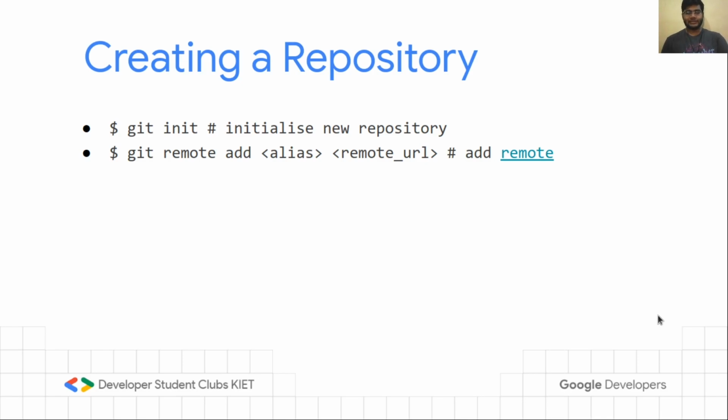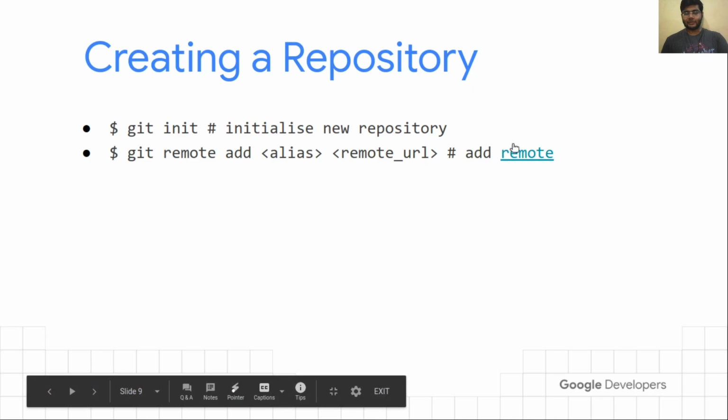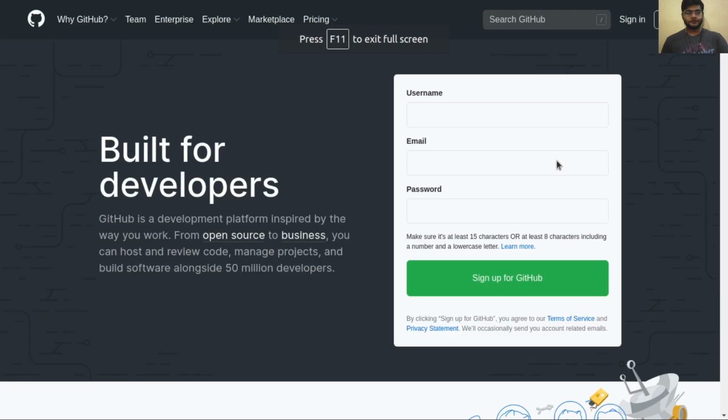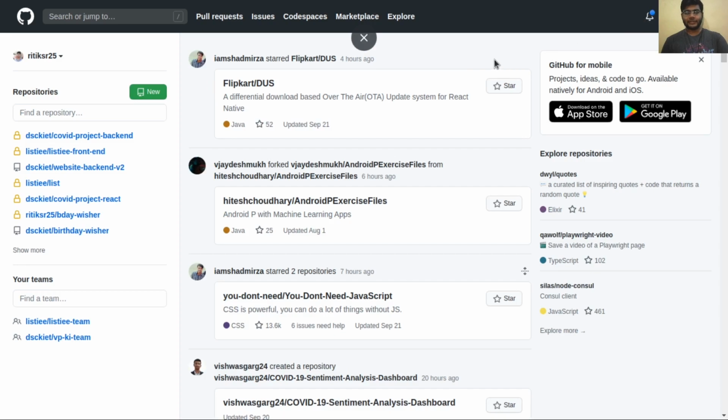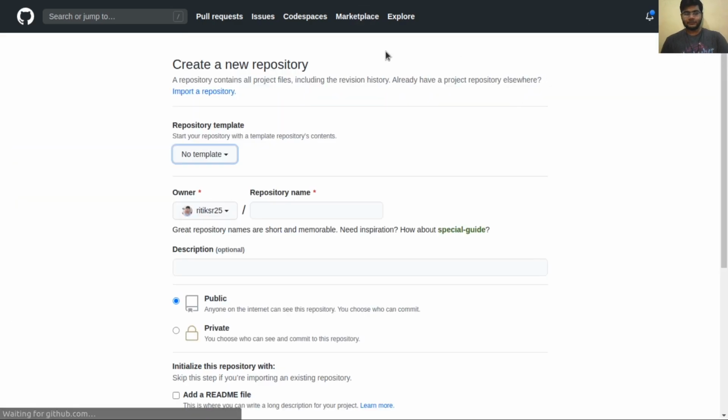First let's create a repository on github.com. So we'll go to GitHub and sign in. After signing in, we will see two places where we can create a new repository. The first is this new button, and under it you will find a plus icon. You can click here and choose new repository. So this is the starting point for a new repository. Let's type the name of the repository. Let's say playing with Git.